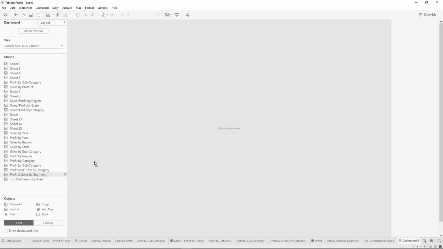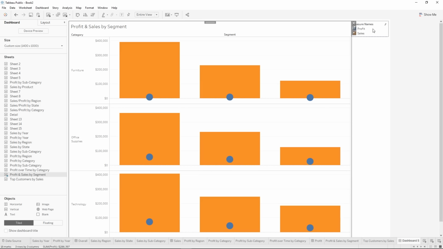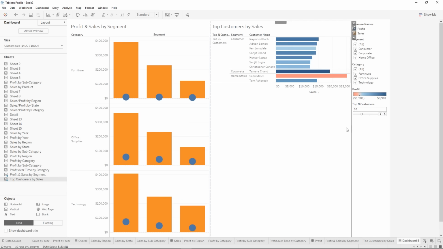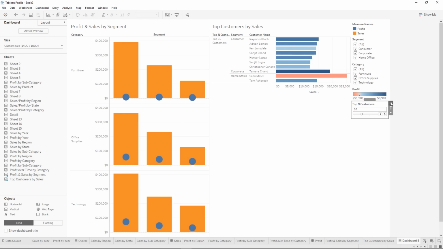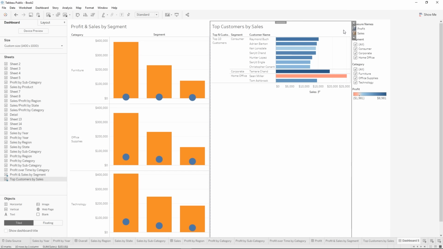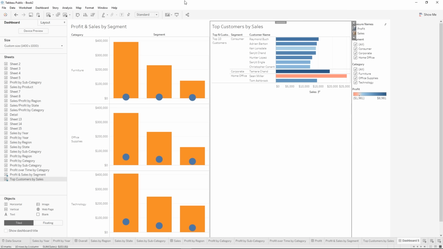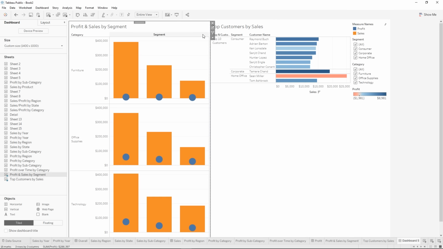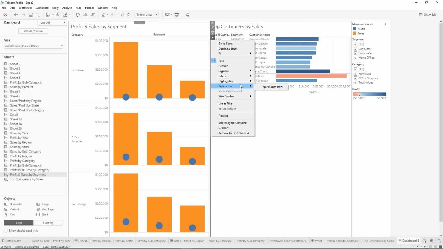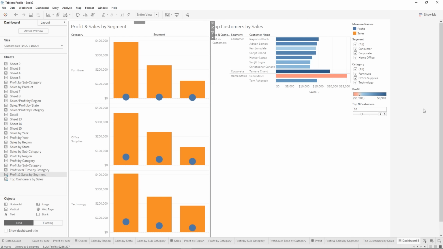So we're going to bring on our profit and sales by segment, and it already pops up with its legend, and total customers by sale, and it pops up with its legends and filters, and its parameter. Now I'm going to close that. If you don't see your parameter when you first bring it in, the parameter is affecting this sheet, and you can go to parameters and find it. But parameters are workbook wide, meaning that it's going to exist over here too. It doesn't affect this sheet, however, it's still going to show up there because it is available